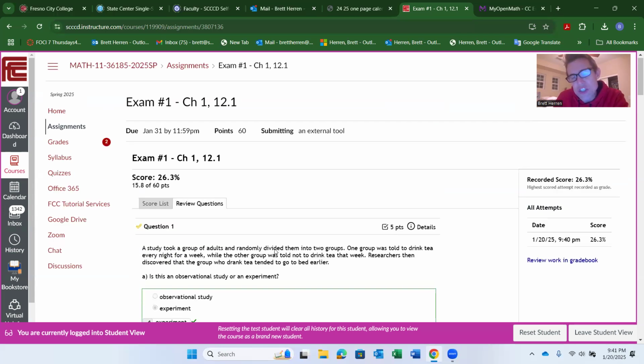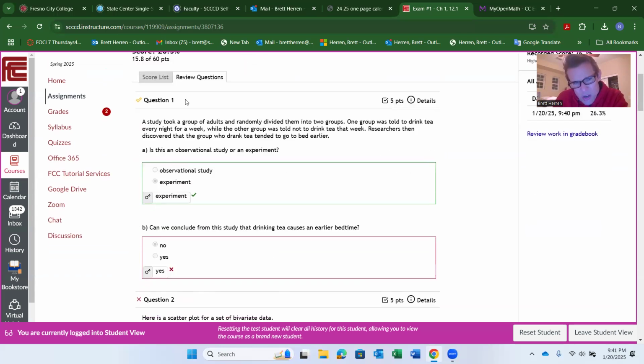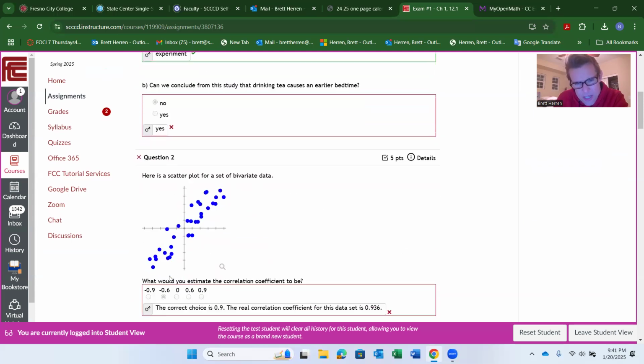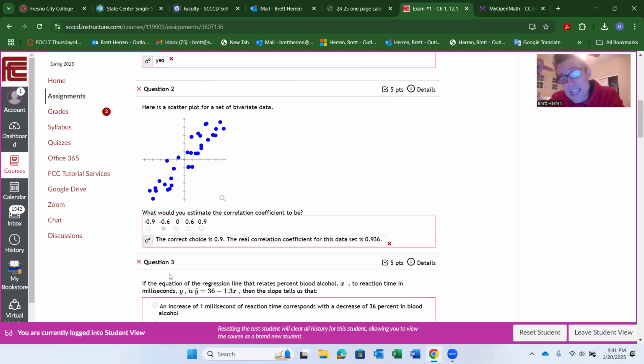But anyway, how would you study more? You think, well, just go to the review questions and see the right answers. But remember, I haven't told you, the exams randomly pick problems from all the homework you did. It's different every time you take it, different for every person taking the exam. It's randomly putting problems on there, but they're the exact same questions you did in the homework. Exactly the same, not at all different. There's just a million of them, and it's randomly picking from those types of questions.